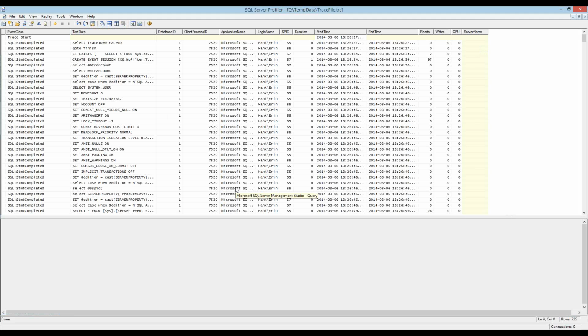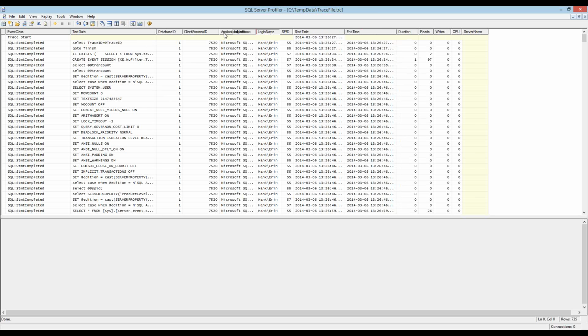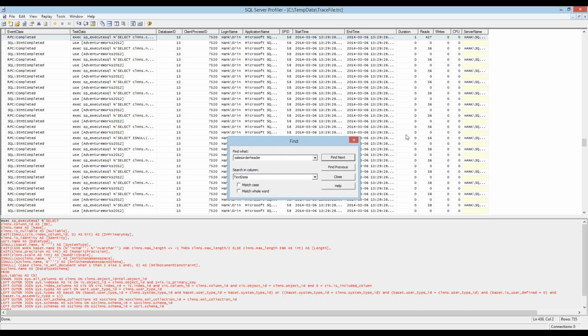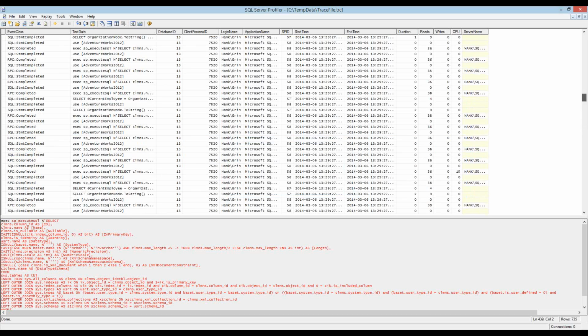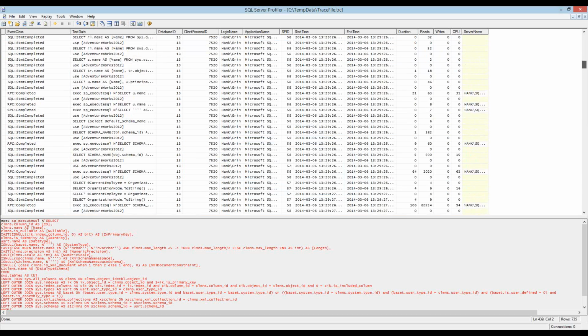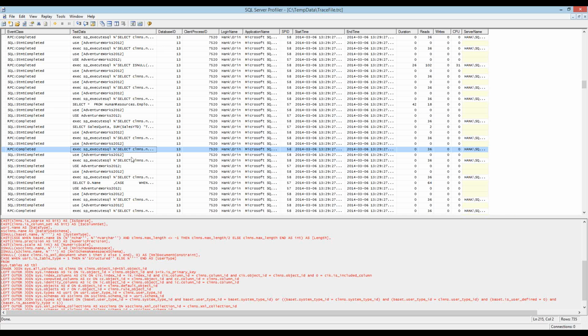But what can you really do in Profiler with this data? I can't sort on it, right? I can click on the column name, but I can't sort. I can move my columns around, right? But that's really not that exciting. I can do a find, right? I have my binoculars. I can do a search and look for sales order header in the text field, for example, right? Okay, but I'm really pretty limited in what I can do. I can scroll, and that's about it. And you've probably spent some time right in here scrolling, looking for something in particular, and you probably know that that's painful.